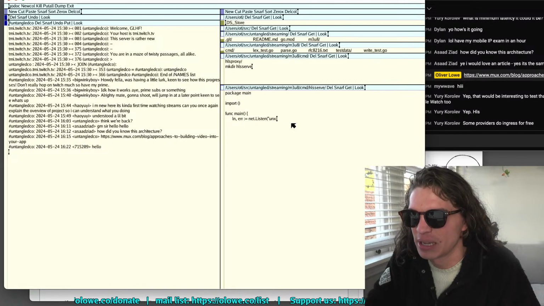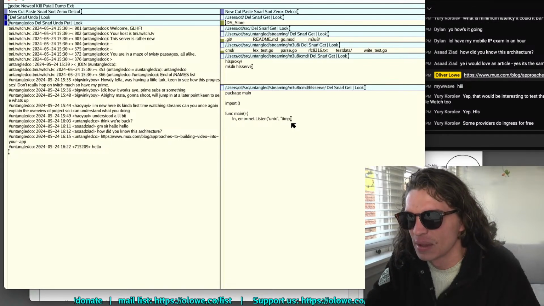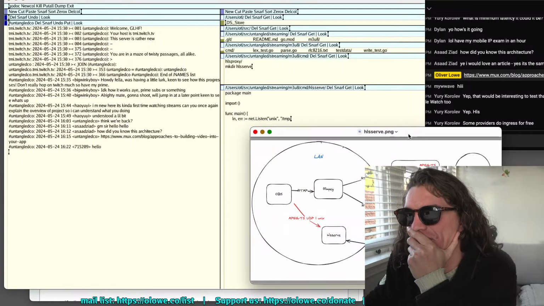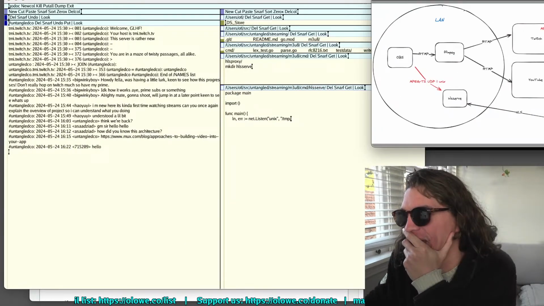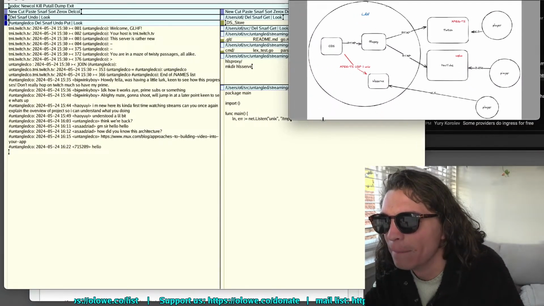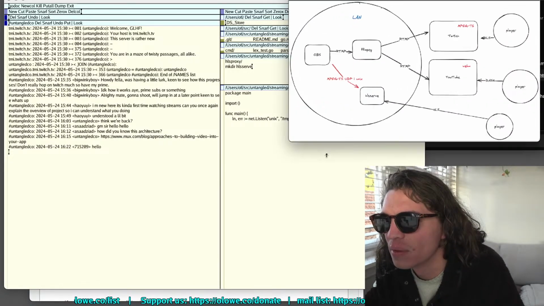So first up, as I said, we're going to be listening on a Unix socket, and we're going to, I might keep this. I don't know if this is really readable, but this is,